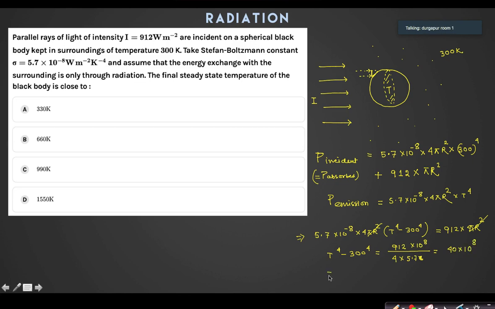Right, so T power 4 is equal to, 3 to the power 4 is 81, plus 40, into 10 power 8. So it is 121 into 10 power 8. So T is equal to 100 into